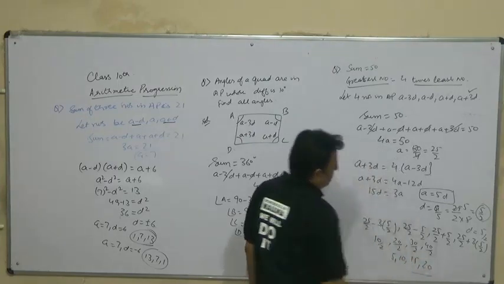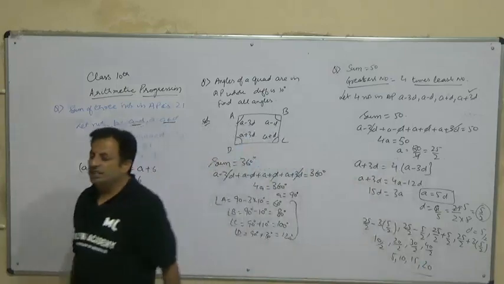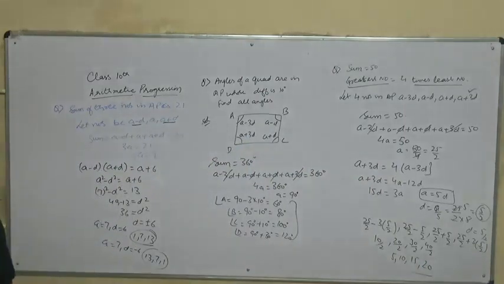These will be the numbers, and we can check that these are in AP. And secondly, the largest number is 20 and the smallest number is 5, which is 4 times the smallest number. So then we will move to the next part, but before that I will clean the board.